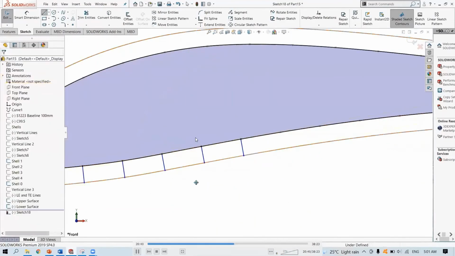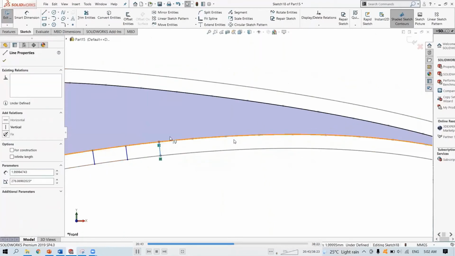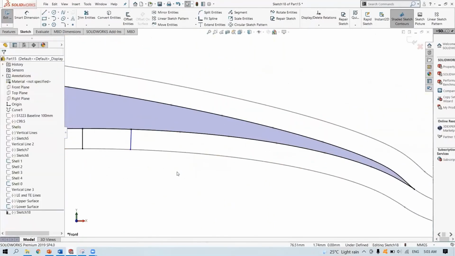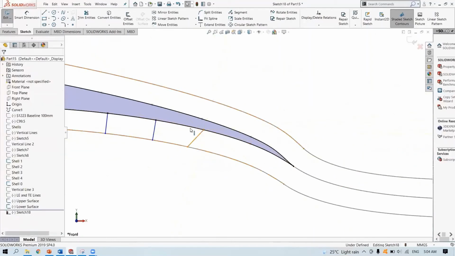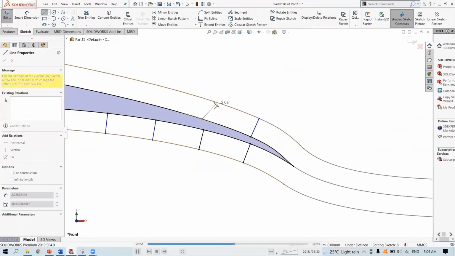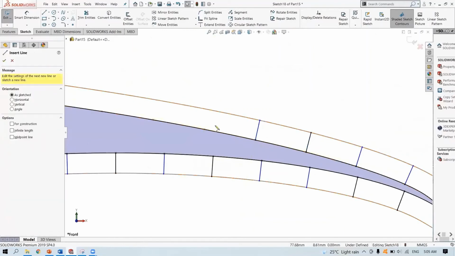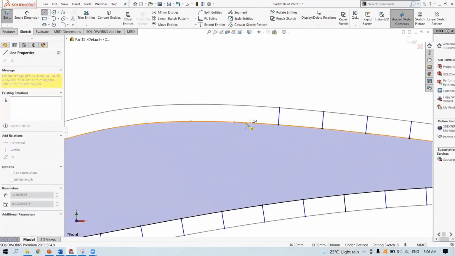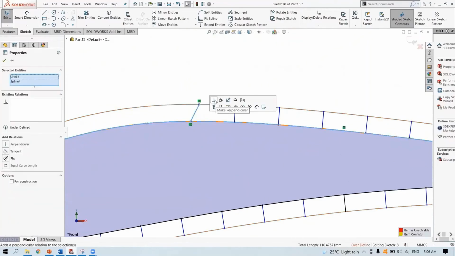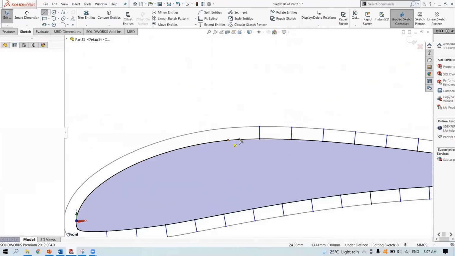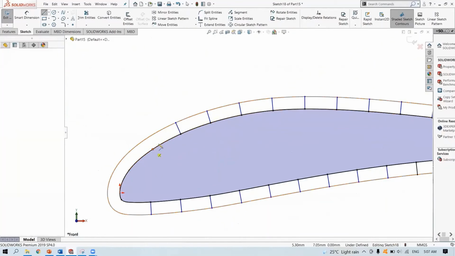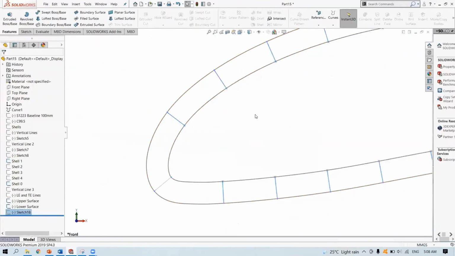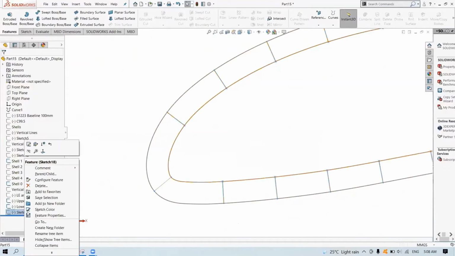In this part I'm just gonna draw all the normal lines first. Just gonna fast forward, not to waste your time. Just make sure they are perpendicular to the airfoil. You can just hover it and then it will properly snap into place.